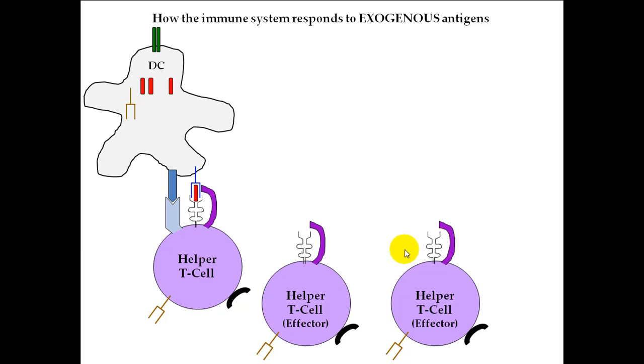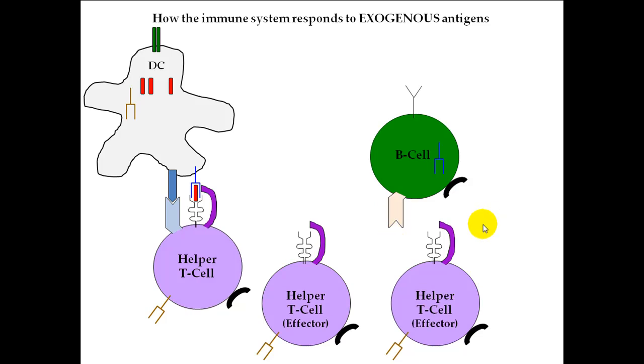Another type of cell that is involved in responding to exogenous antigens are B cells, which again are considered to be part of the adaptive immune response. It turns out that B cells, and we're showing it here, are another example of a type of white blood cell that has MHC2 molecules. So you might be able to guess that B cells are another type of cell that can show things off to a helper T cell as a result of having this MHC2 molecule. Here's what B cells can do. Remember we said that B cells are different than helper T cells in that B cells are able to directly bind to free-floating antigen. So if it happens to run across an antigen that is bad, and it might do this in a lymph node, for example,